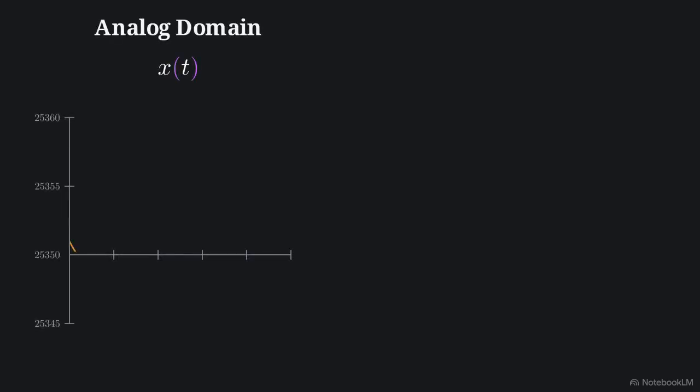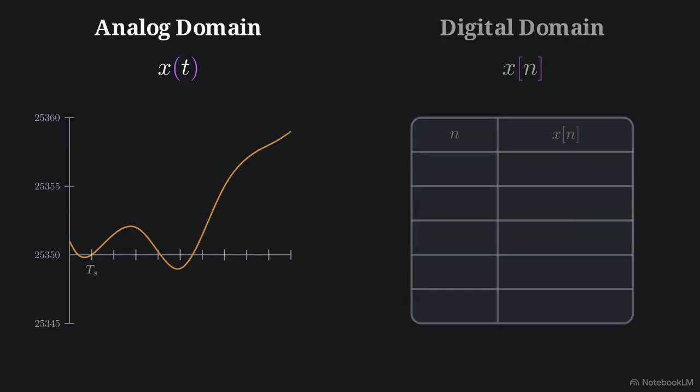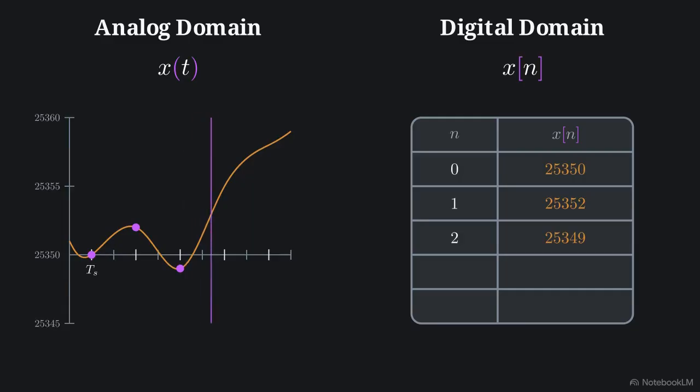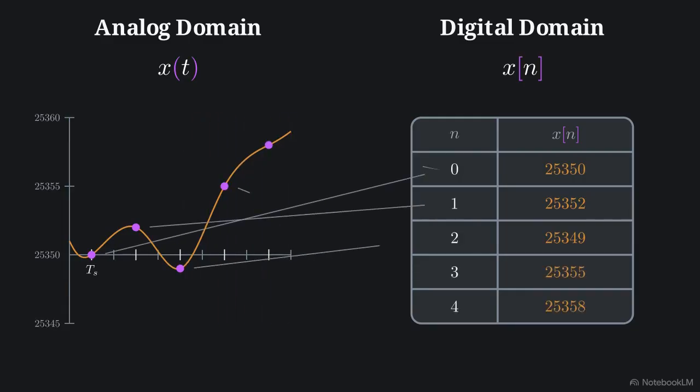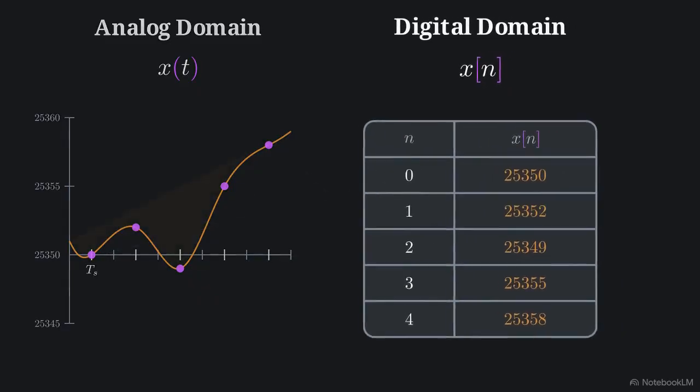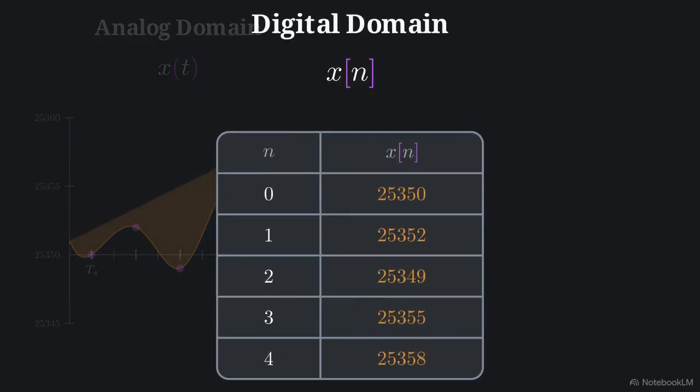Look at this split. On the left is the flowing real-world data. On the right, the computer's reality, a raw vertical table of discrete measurements: 25,350, 25,352, 25,349, 25,355. The entire discipline of digital signal processing rests on the mathematical translation between that smooth analog curve and this